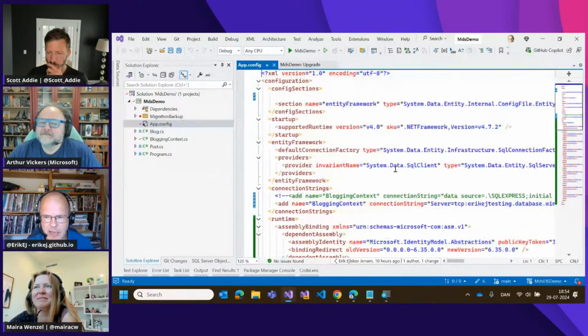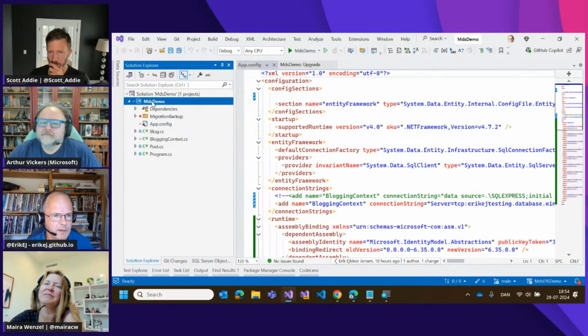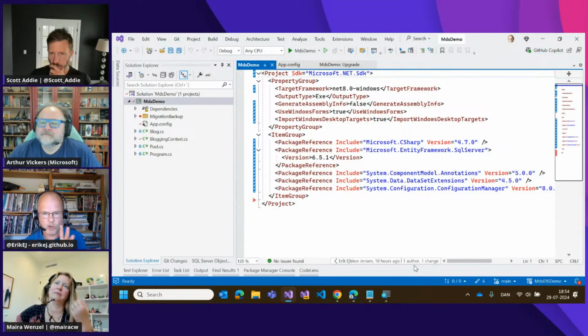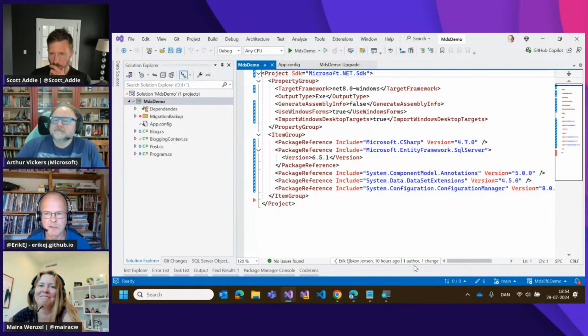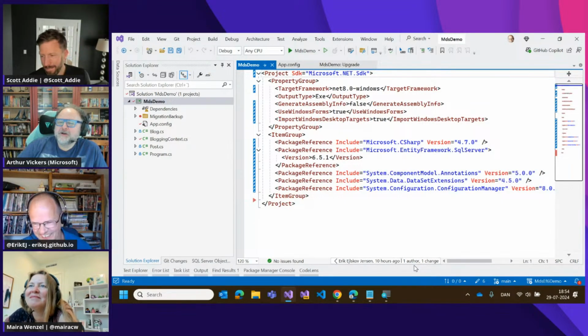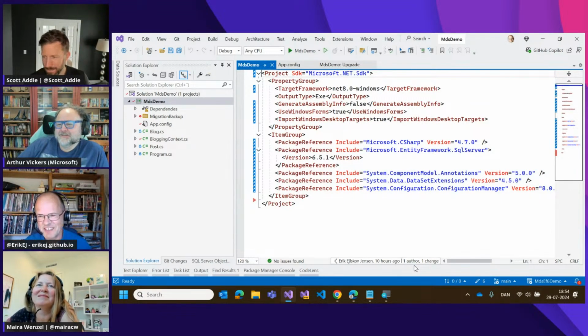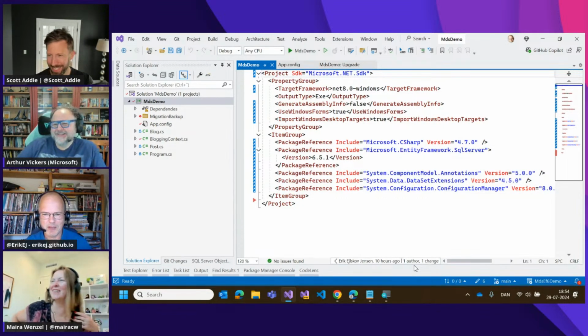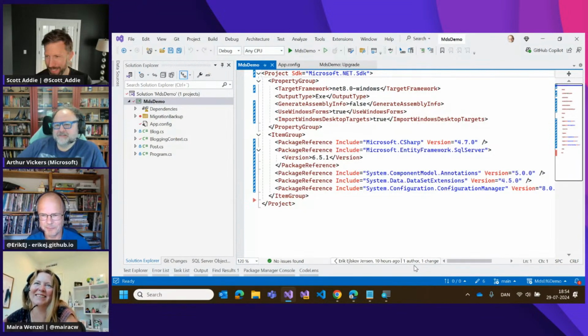I think nothing happened with the app config file, unsurprisingly. And the project file, if we can now double click the project file, which is really nice, has been sanitized into this. Very nice. It's interesting, there are data set extensions there. Not sure why that's needed. We should look at that. Exactly. There's homework for everyone. There's some interesting bits and pieces here.